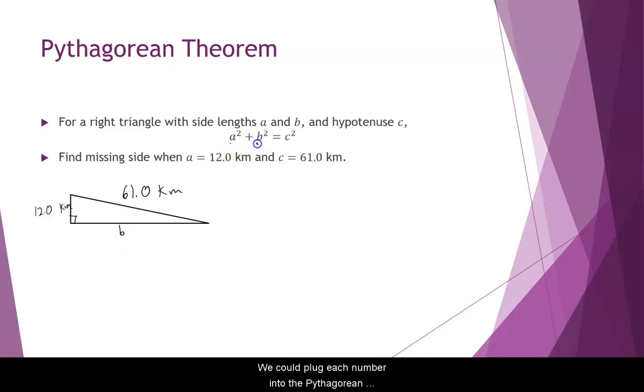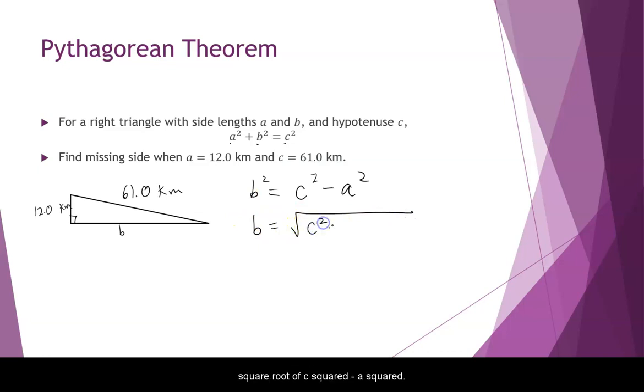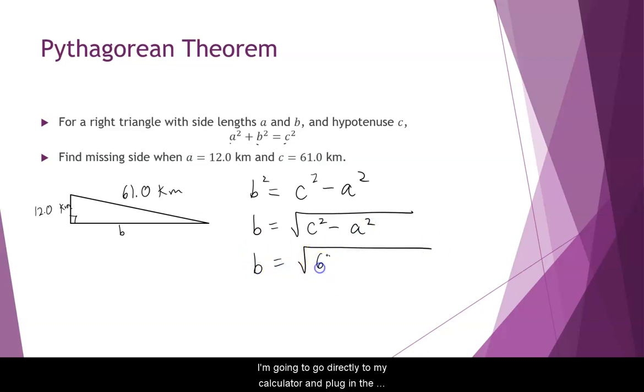We could plug each number into the Pythagorean theorem, but I'm going to take a shortcut here. Since b squared equals c squared minus a squared, if I just subtract a squared on both sides, I also know that b equals the square root of c squared minus a squared. So I'm going to go directly to my calculator and plug in the square root of 61.0 squared minus 12.0 squared. I've got b equals